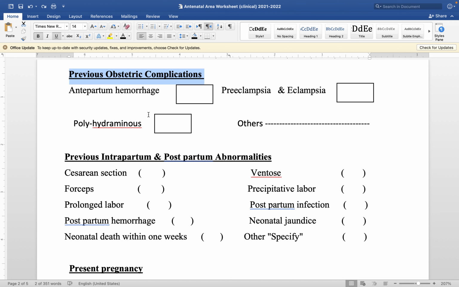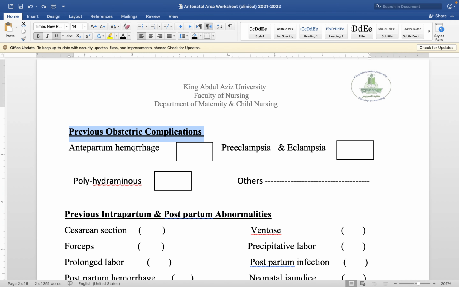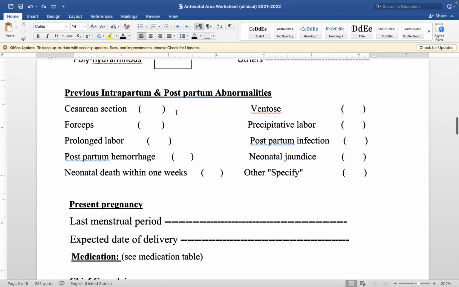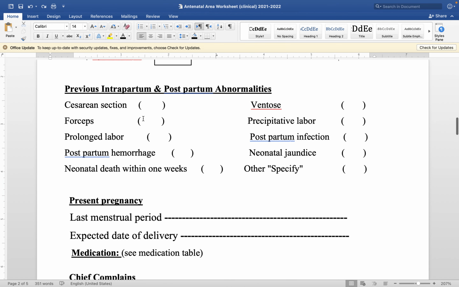And also in the previous obstetric complications, we added this here as well just for more emphasis. If she had an antepartum hemorrhage, preeclampsia, eclampsia, polyhydramnios, excessive amniotic fluid around the baby, and we just listed a few to give you an example, but if there are others, definitely you have to list them down here. And previous intrapartum and postpartum abnormalities, it's similar to the data over here, but it's just more detailed,